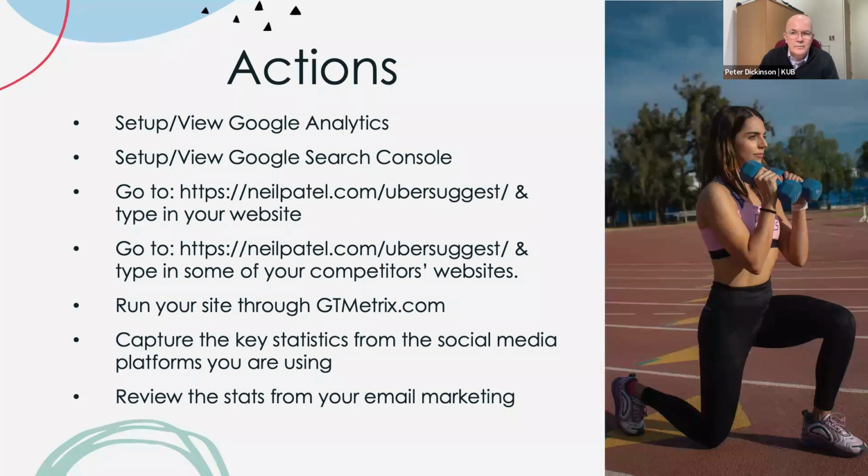Just a question in chat: how did you get the email marketing stats, please? Okay, those stats were in Sendinblue. There should be a report that you can click on, so you'll see a campaign. It doesn't matter whether you're using Active Campaign, Sendinblue, or Constant Contact, whatever. It should produce a report, and you should be able to view that report and see who's